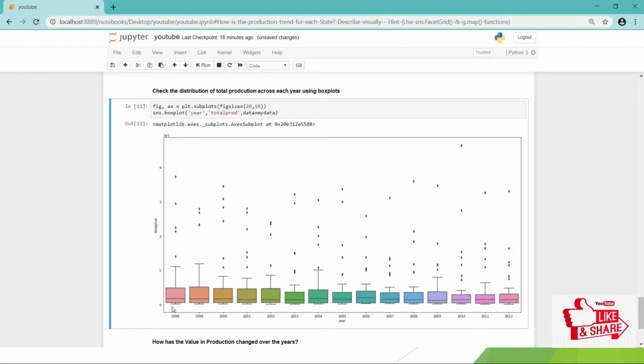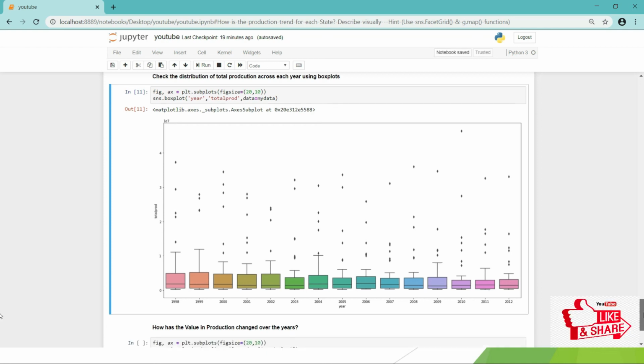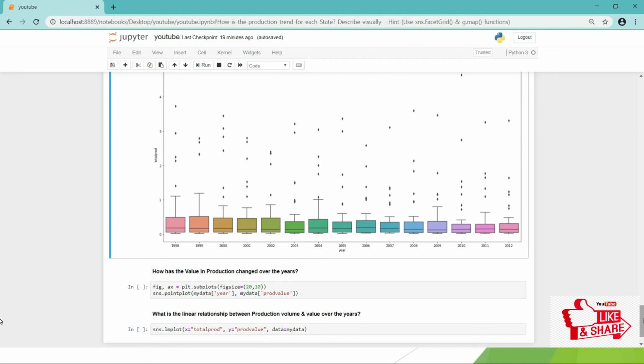So if you see, breadth and length has increased. What you can see over here is each year wise total production value has given you a box plot. All are having outliers, and you can see different values, but all seem to be in a similar range. All year wise production seems to be in a similar range, not much difference. 2010 seems to be a bit low, and after 2004 we are almost seeing a downfall. It has reduced, but before this the mean, median and all those things were more. So this is something that you can see in terms of box plot.